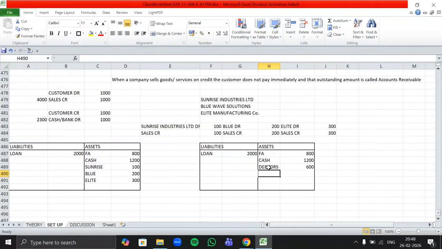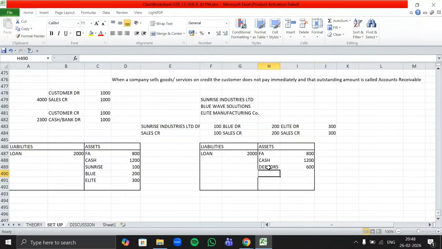So what is the work of our debtors GL? Whatever customers we have in our company, whatever money they owe to the company on the credit sales we have made, the total of that amount will be reflected in the debtors GL.